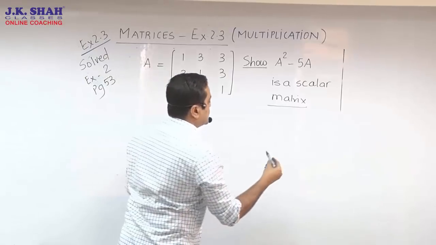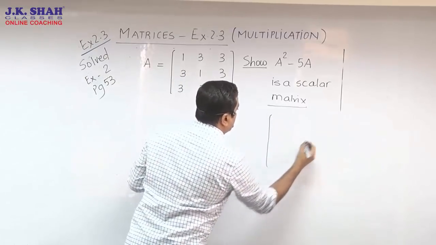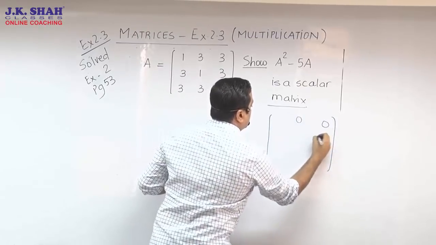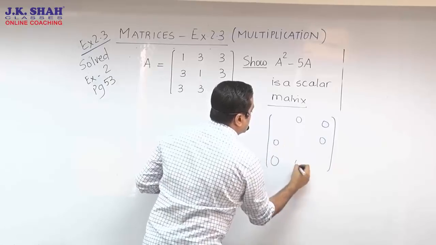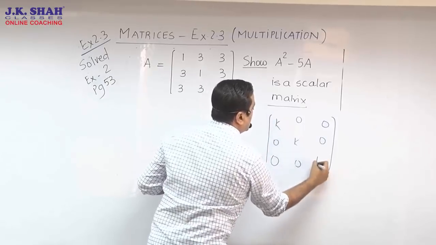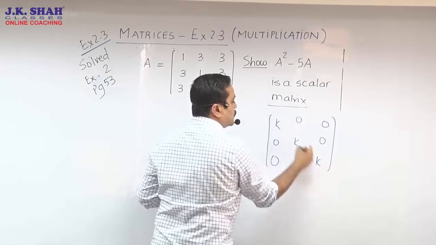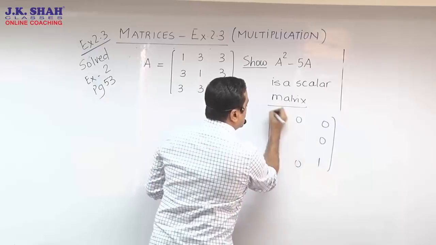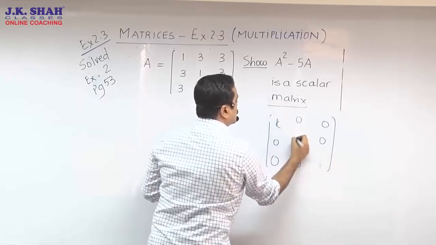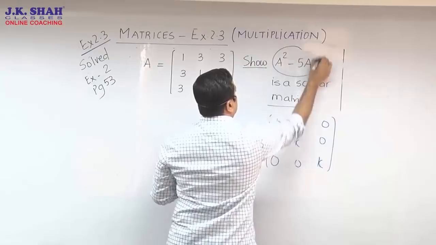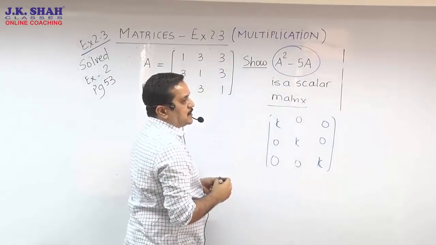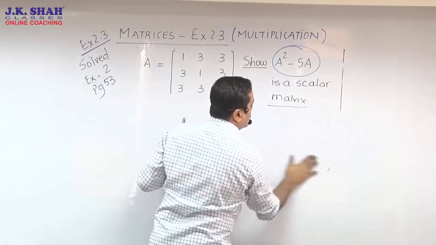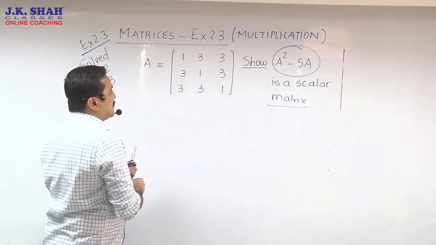Just to remind you, how does a scalar matrix look like? I had given you the small introduction about that. Now, all the non-diagonal elements, if you remember, they all are zeros. And then the diagonal elements all are equal. No, I did happen to say 5, 5, 5, 2, 2, 2. If it goes 1, then we said it was unit matrix. But right now, if it is a scalar matrix, we just need to show that the end answer of a square minus 5a has to look like that. So if we can get answer this way, we can say it's proved by definition the matrix what we got is a scalar matrix.